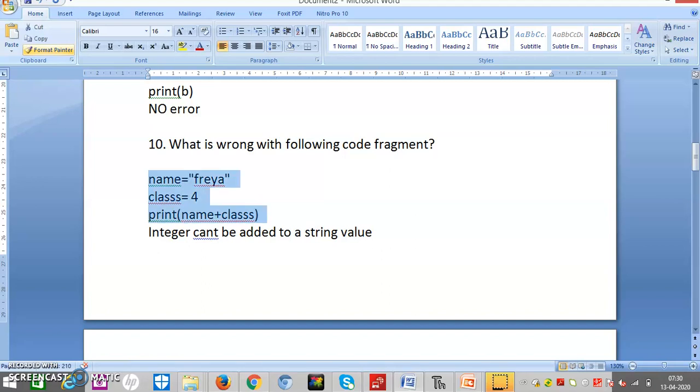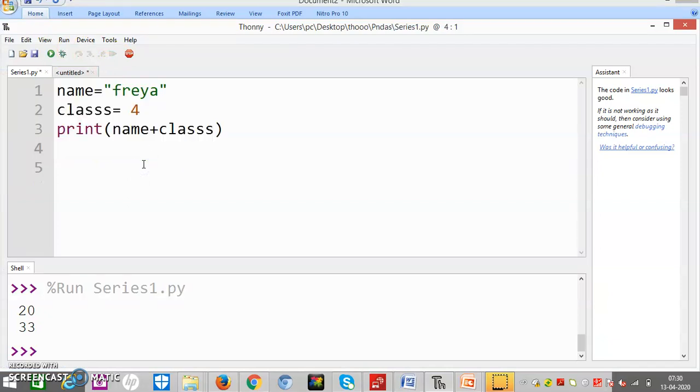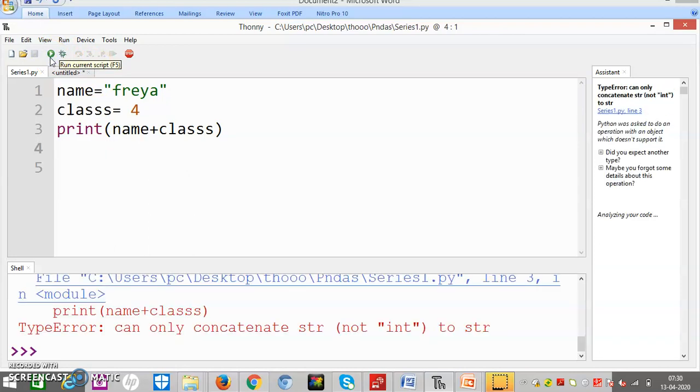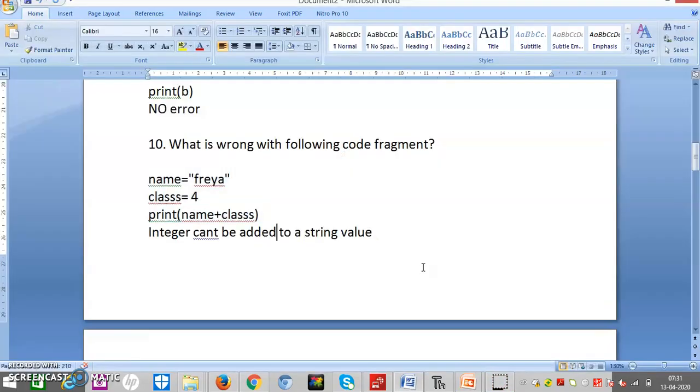Right, now let me take it again for you. I will copy this thing and paste it here. Okay. Now what is the error? That we can only concatenate string to string. This is the error. That we can concatenate a string with only a string. Okay. So this means that a string value cannot be added to an integer value. Only